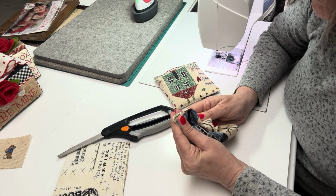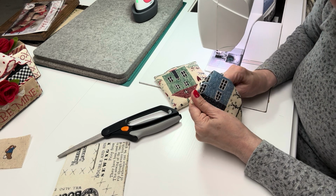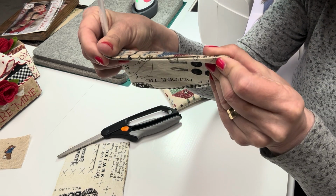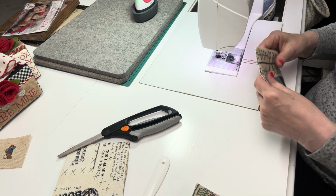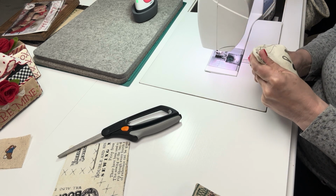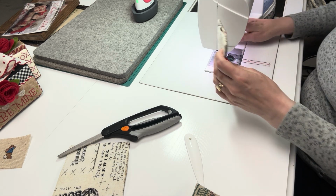So again, I'm poking on the cotton side, not on the flannel side. And yeah, see how it just shut right up. So if you have trouble with that, you might try that. Oops, this corner is not done properly. There. There. Okay, so let's